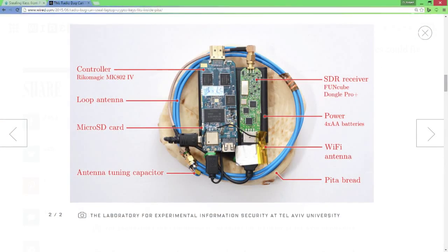And in fact, I said that first attack used a USB SDR connected to a big loop. Then they came up with a battery-powered one. That's where the Pita Bread comes in. In fact, that's the picture of the week on the show notes this week: their loop with a power supply, 4 AA batteries, the SDR, and a small battery-powered computer to drive it and collect the signal, all sitting on top of a piece of pita bread, which you imagine you might be able to slice open and just tuck it in there. And if there was a lumpy looking pita bread sitting next to your laptop at Starbucks,